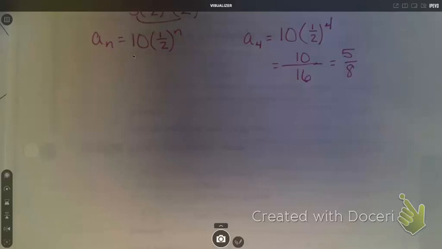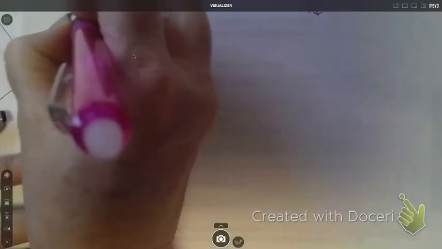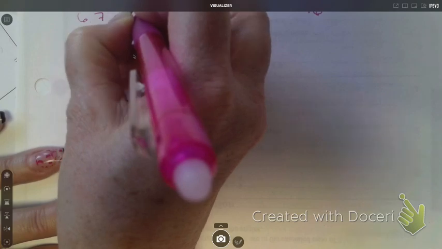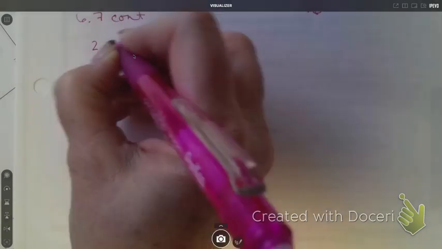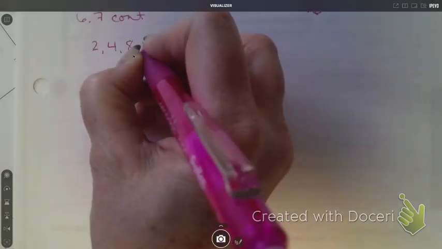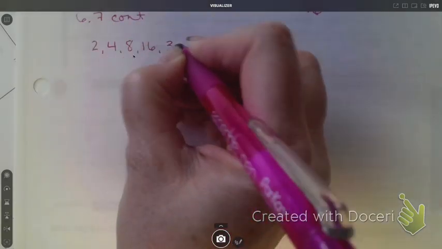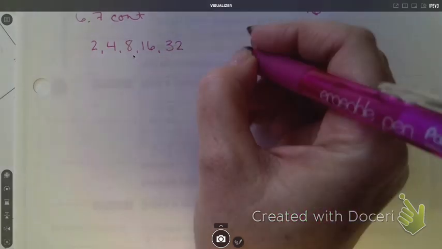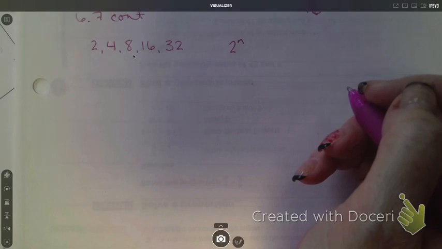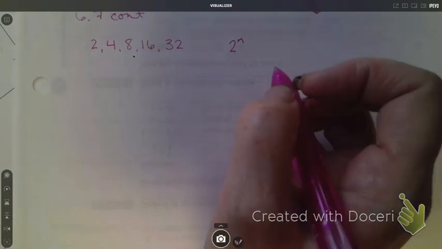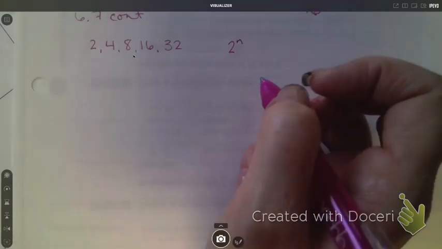Okay, we're going to continue 6.7 today. So a sequence of numbers was a list of numbers, right? So 2, 4, 8, 16, 32. This sequence would be 2 to the n. Yes? Okay, so this is a sequence. We call it a series